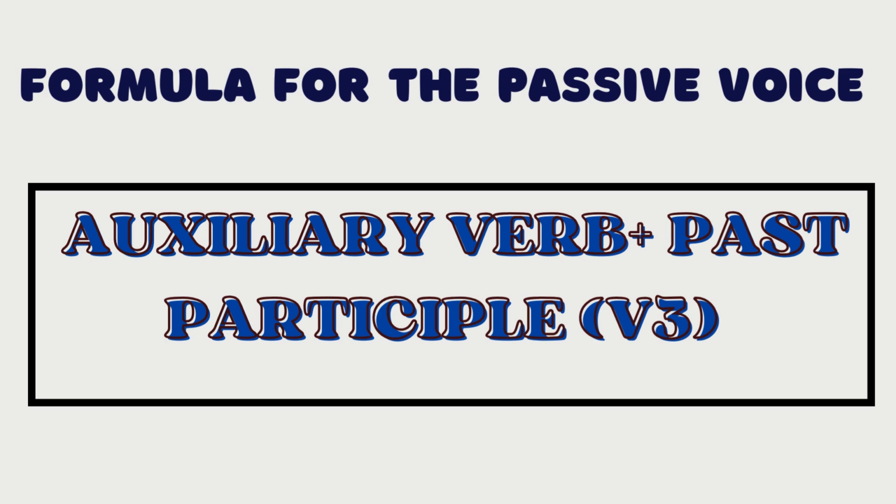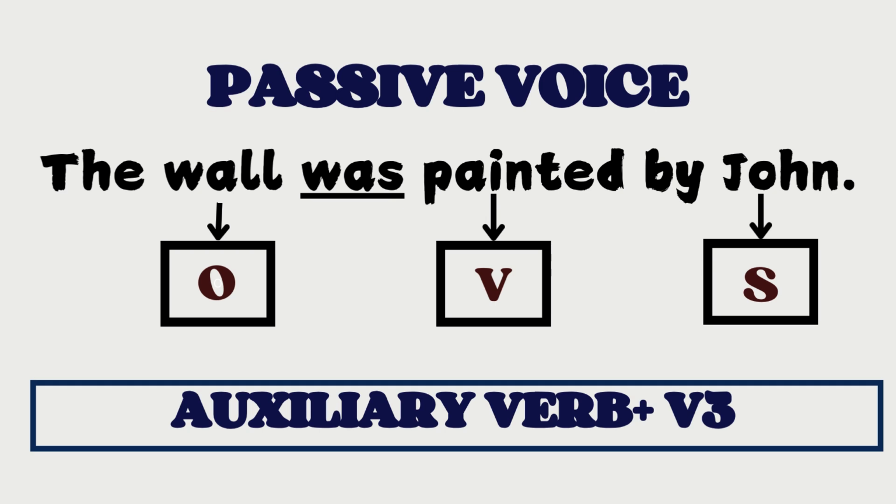If we convert the sentence John painted the wall, which is in the active, to the passive voice, it would read as the wall was painted by John. We use the auxiliary verb was to indicate that this was an action that happened in the past and corresponds to the past participle form painted. The object or the wall becomes the subject here. John, who was a subject in the active voice, becomes the object in the passive voice.